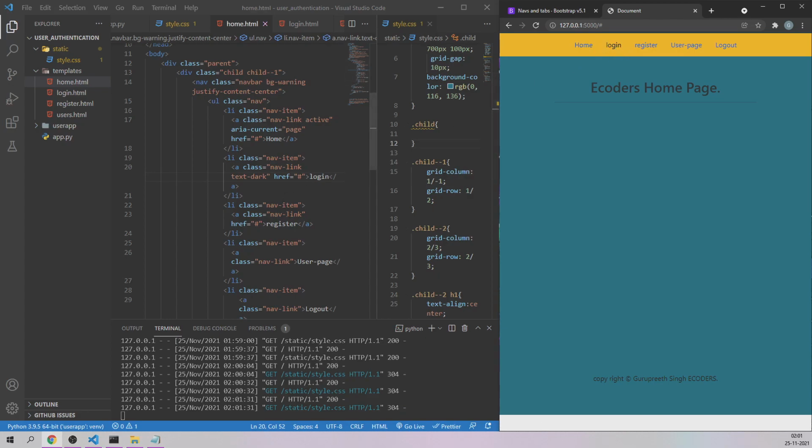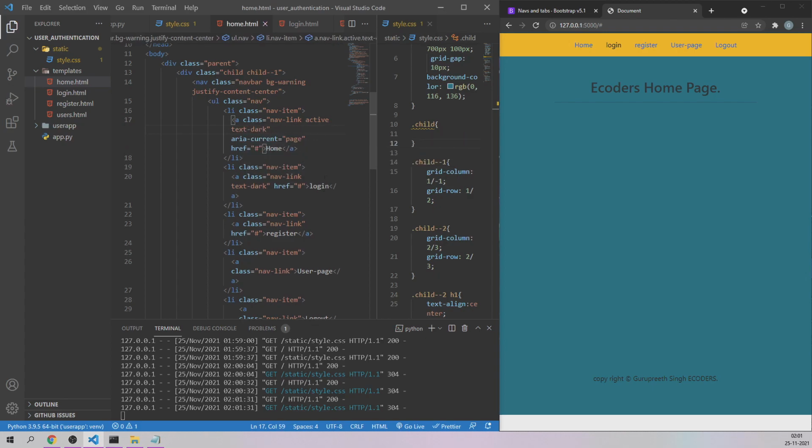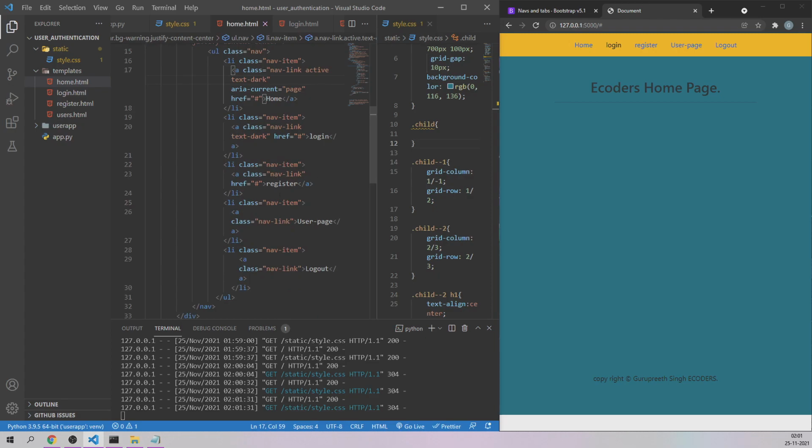The same class name you can keep for everything. I'm going to keep this as text-dark. So let me come here and say text-dark. We save it, and let's repeat the same thing for the register as well. Text-dark.